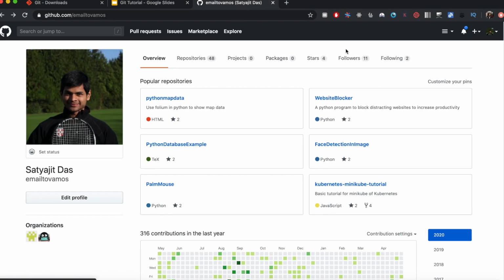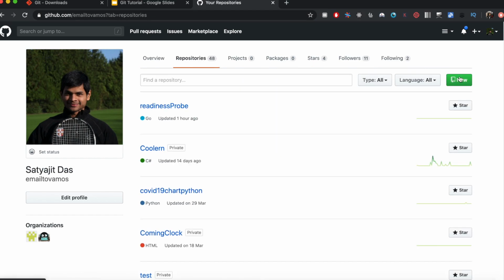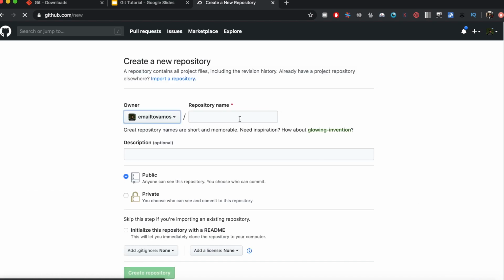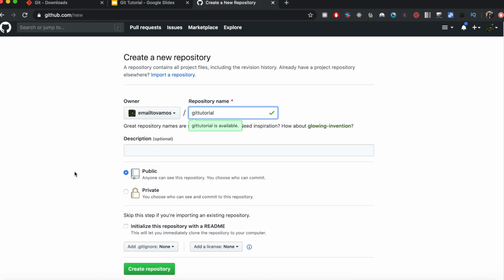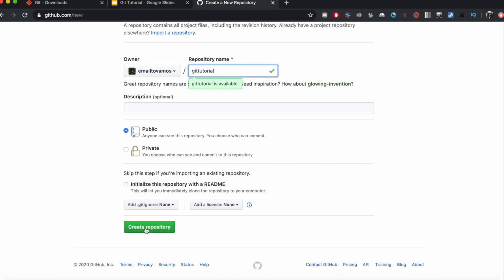So once you open your account in GitHub, you will see something like this, where you can go to this repositories tab, and here you can click on new to create a new repository. So let's say I name it as Git tutorial. Okay, if I just do this and then click on this create repository,